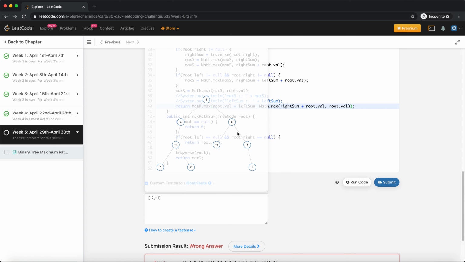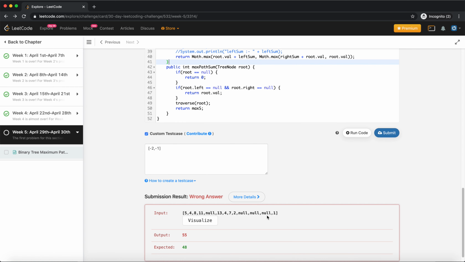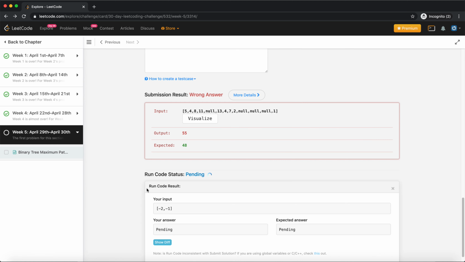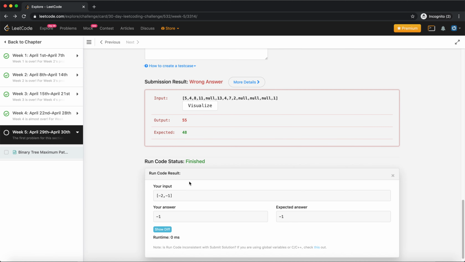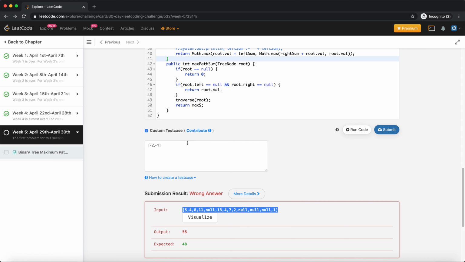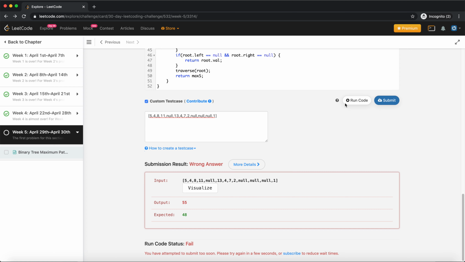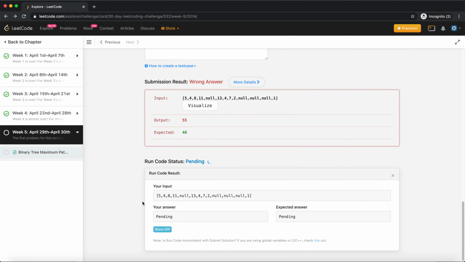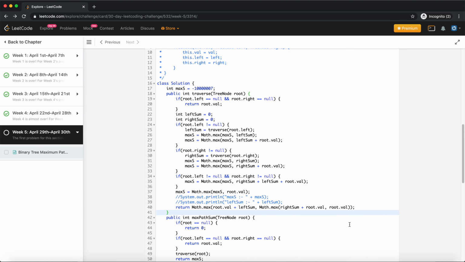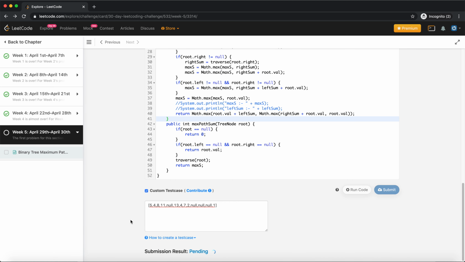I can continue with these two, right? So this should be -1. Okay, this should be 48. I think